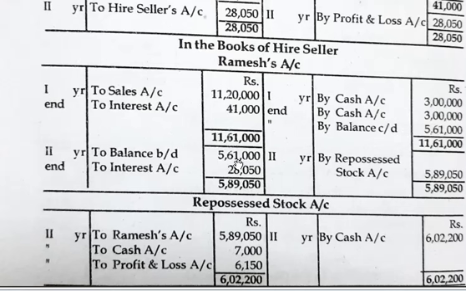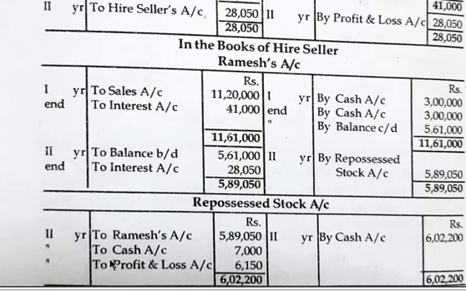Again in the second year you have to charge the interest. Installment will not be paid but interest will be charged. So to interest account 28,050. Now in the second year he is unable to pay the money. So what happens is, whatever balance you get is transferred to repossessed stock account, that is 5,89,050. Now total both sides. Now when it is repossessed stock account, you have to open the repossessed stock account. Transfer by repossessed stock means to Ramesh account. So to Ramesh account 5,89,050.